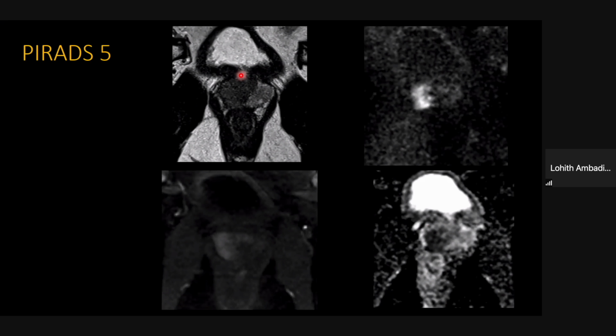So this is a very large PIRADS 5 lesion involving the right half of the gland, invading the transition zone as well. You can see it's very bright on DWI, very dark on ADC, showing early enhancement on contrast enhancement. So this is a PIRADS 5. And there is some bit of thickening of the neurovascular bundle here. And that is a finding that we have to report, and